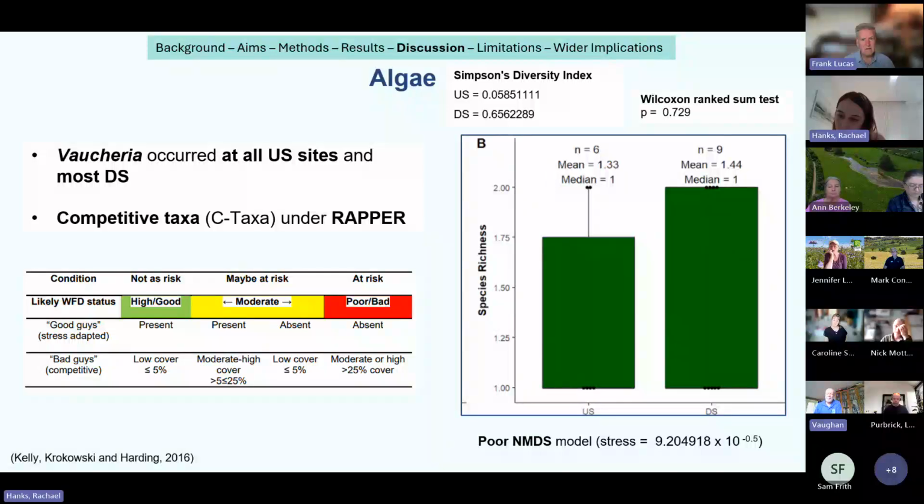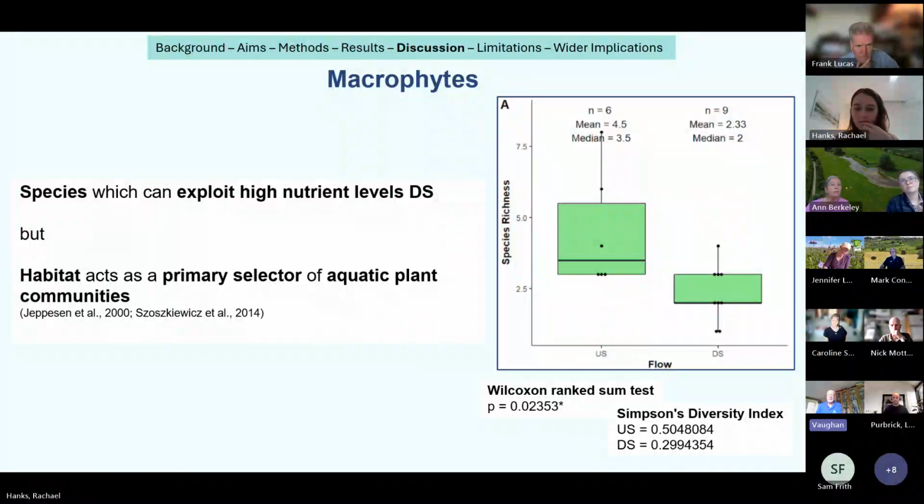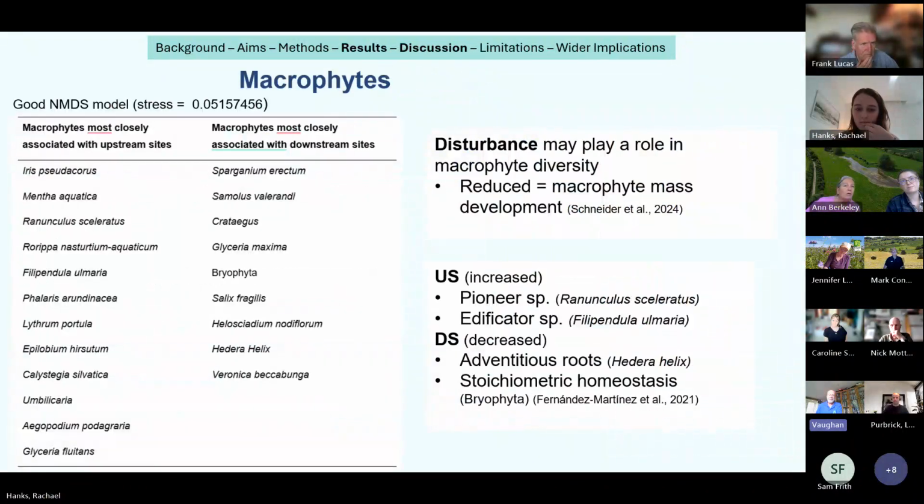Just a couple of quick points. It's telling that none of the macrophytes identified are truly submerged macrophytes. They're not true aquatic. There are some marginal species and some terrestrial species. So just the absence of anything submerged in the river is interesting in its own right. You've got iris and mentha, they're marginals. There's no true aquatic apart from probably Will Ripper upstream.